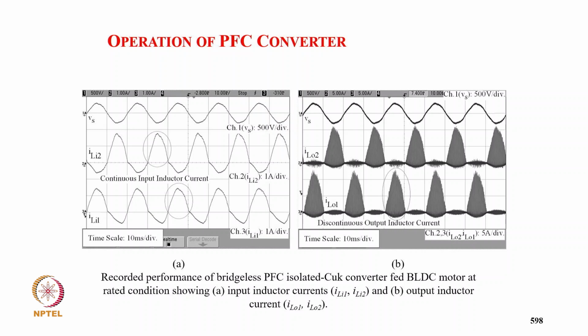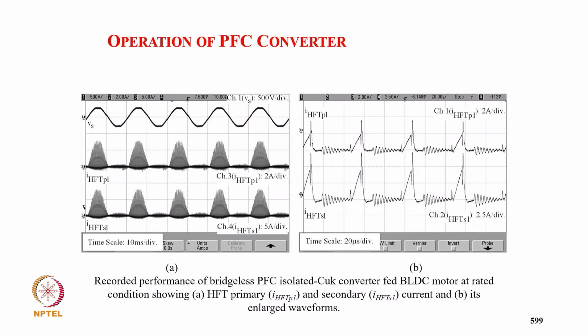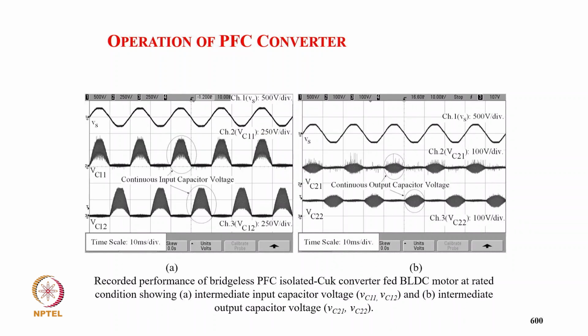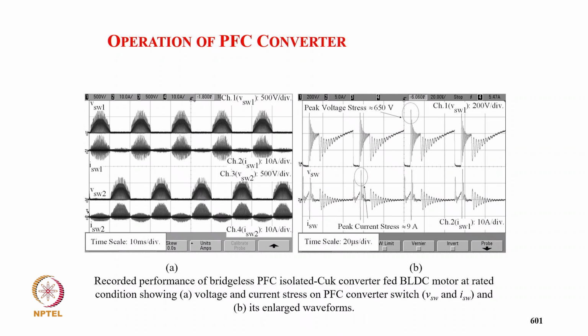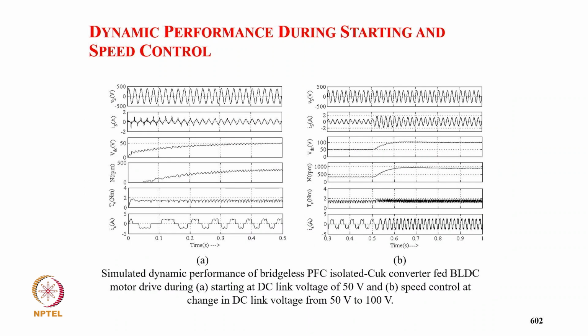The output inductor currents are discontinuous. These are the primary and secondary currents for the transformer, and the capacitor voltages are continuous for both transformers, both the capacitors of the primary side and secondary side, and then the switch voltage and switch current. So this is the starting performance at 50 volt DC link,